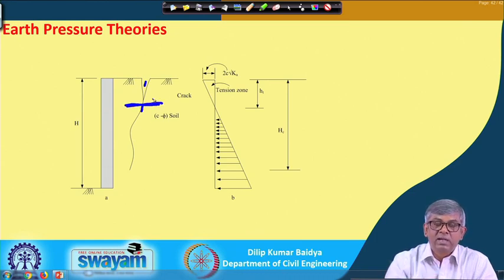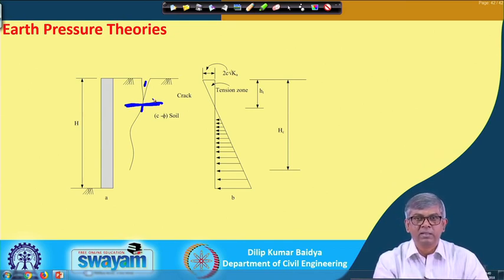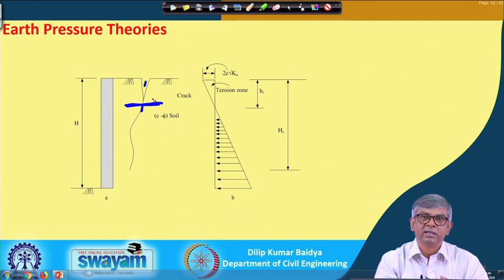Up to what depth this crack will go, that means where the pressure will become 0, you can find out. When you excavate, generally we need to give support, but when it is a c-phi soil, because of this, if you excavate, the pressure is getting released. So, there is no need to put support up to a certain depth; we can excavate the c-phi soil without any support. If you want to find up to what depth you can excavate without support, this analysis can be utilized.